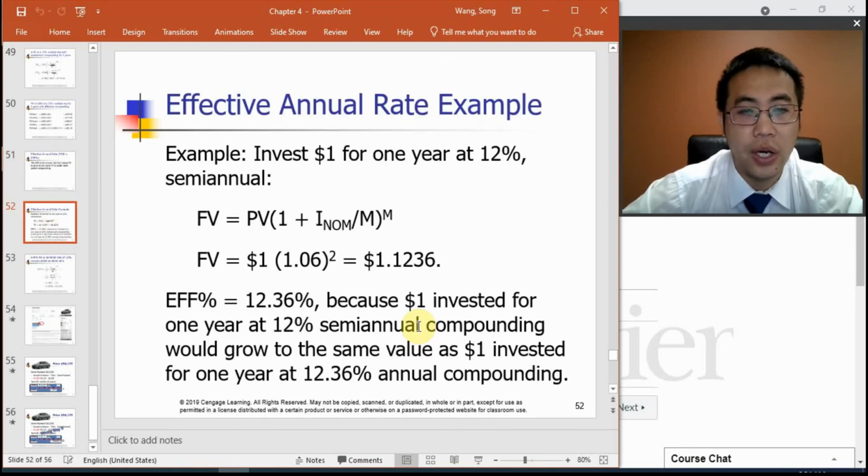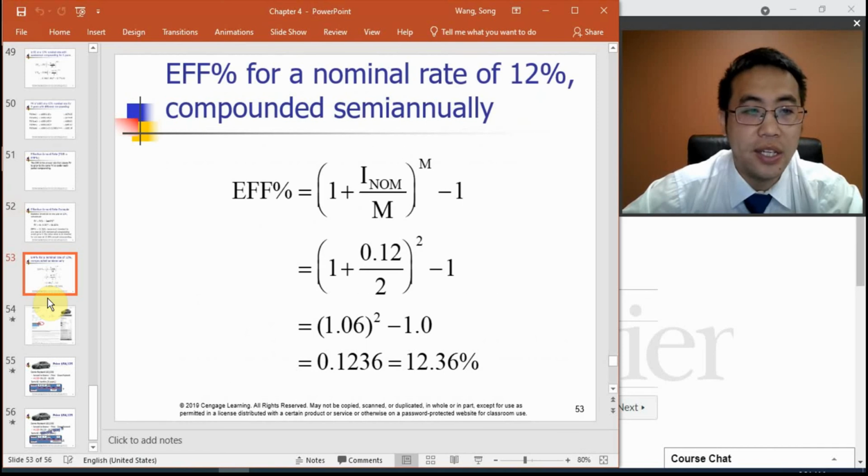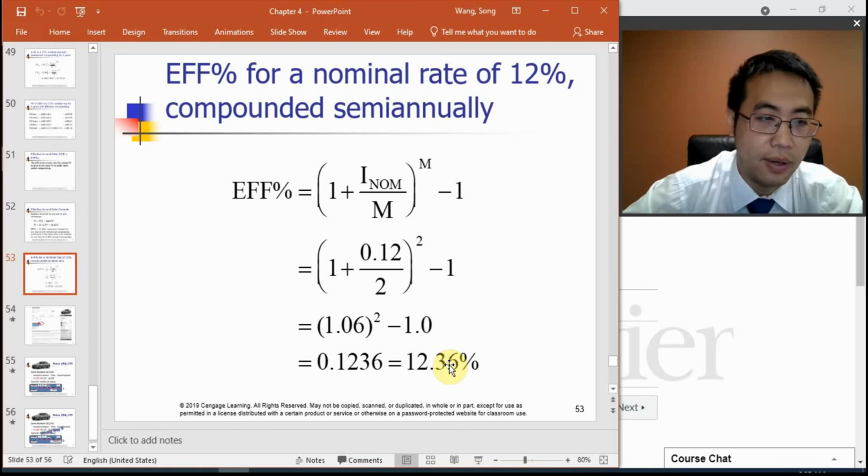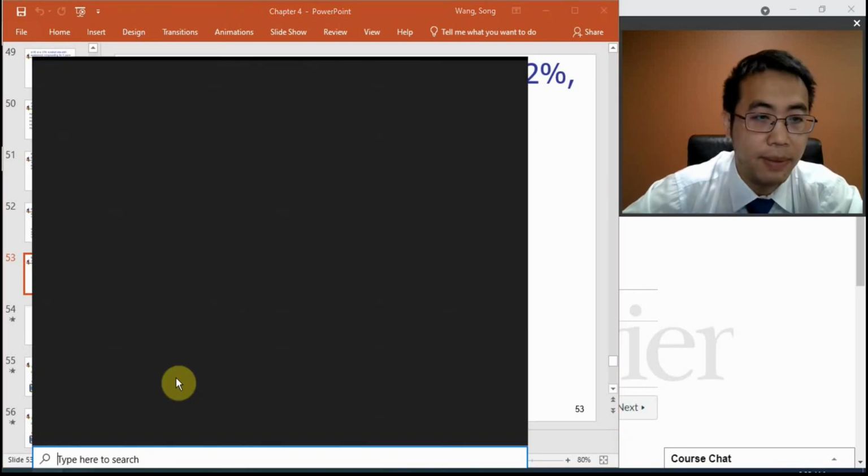You can use your calculator to do the practice or use Excel, the mathematical formula to do the practice. But what is really easy here is using the EFFECT function of Excel. Let's take this one, for example, the 12% nominal rate would give you 12.36% effective rate if we do semi-annual compounding. So let me just open up Excel,